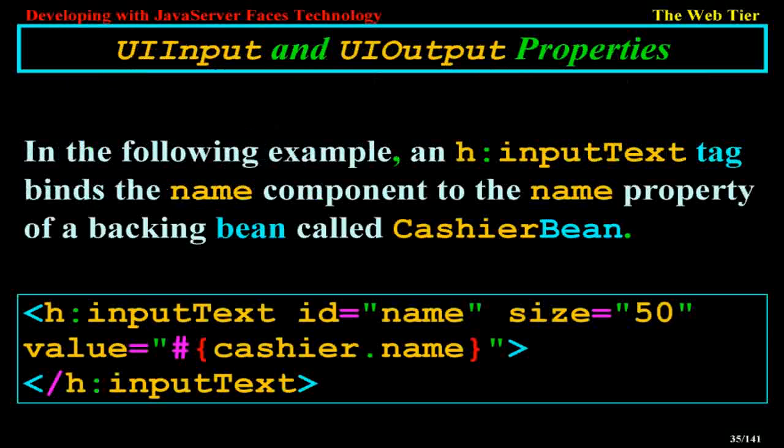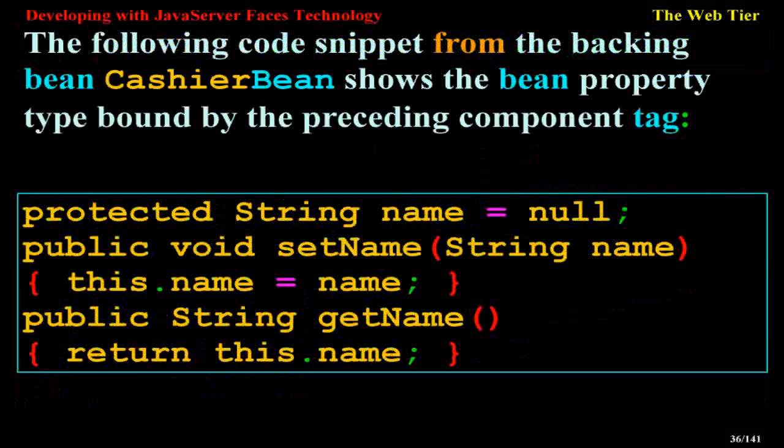Input and output properties. In the following example, an input text tag binds the name component to the name property of a backing bean called cashierBean: input text id equals name, size equals 50, value equals cashierBean.name. The following code snippet from the backing bean CashierBean shows the bean property type bound by the preceding component tag: protected String name equals null; public void setName(String name) { this.name equals name; } public String getName() { return this.name; }